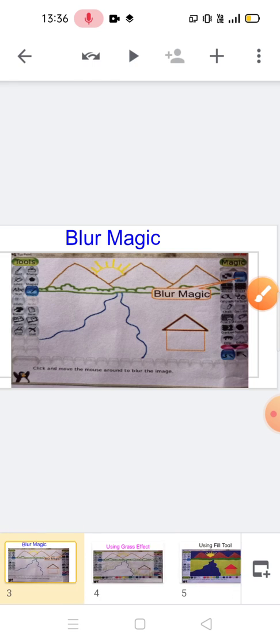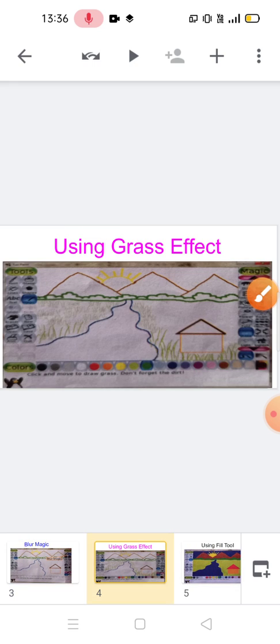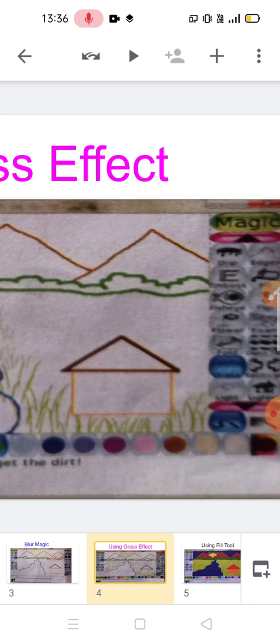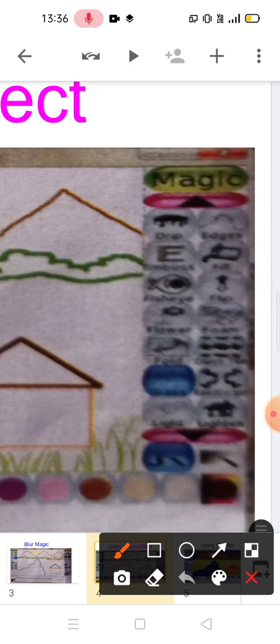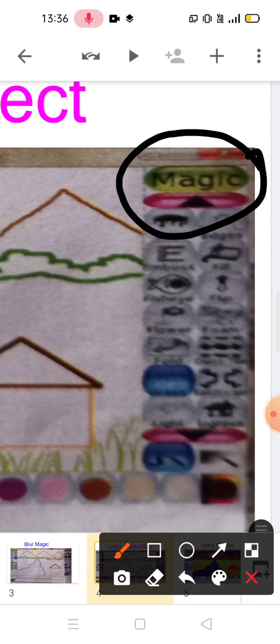Okay. Next is using the grass effect. It is also a sub-tool of the magic tool. Here you can see the grass effect.